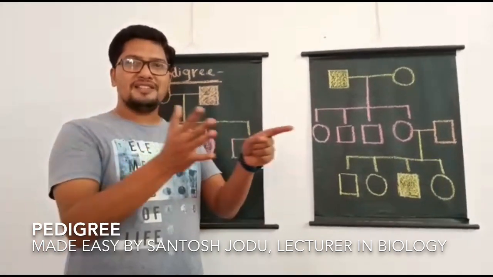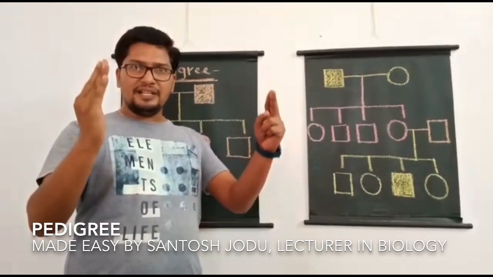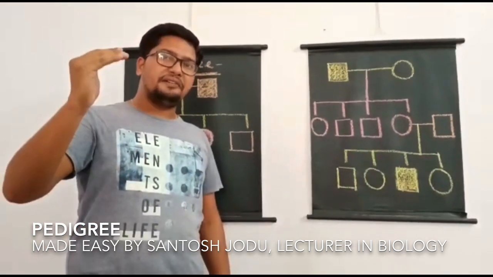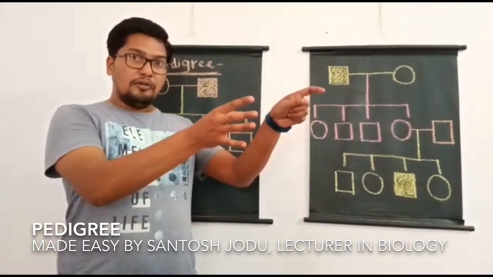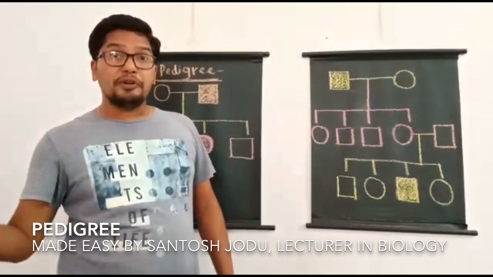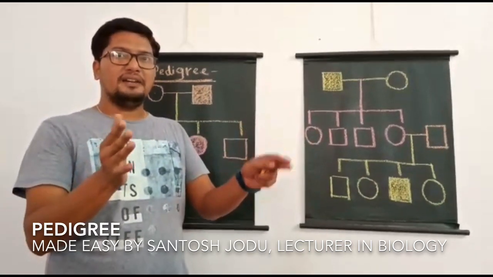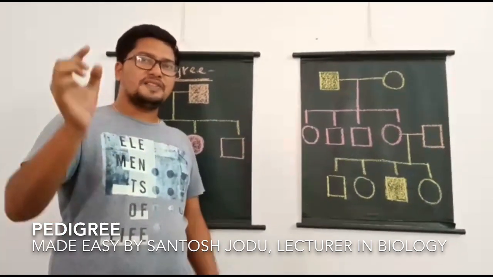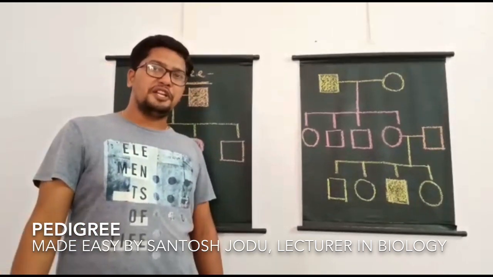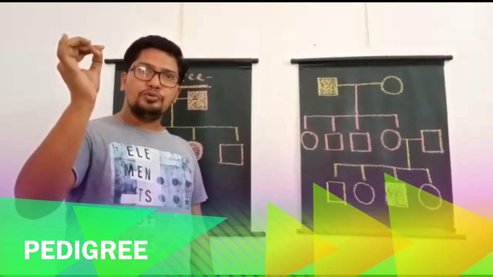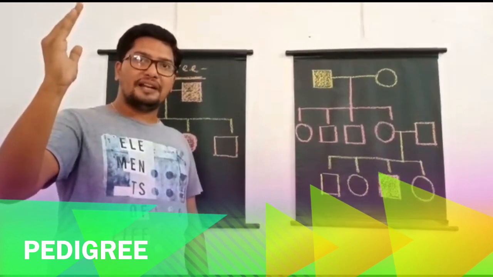If you look into previous year's exam question papers, there you can see they'll give you a pedigree chart, and by looking into that chart, you have to identify which type of trait inheritance from parents to their offsprings that chart indicates. I am going to explain in this video some small tricks on how to identify the pedigree chart and how to identify inheritance of a particular trait.